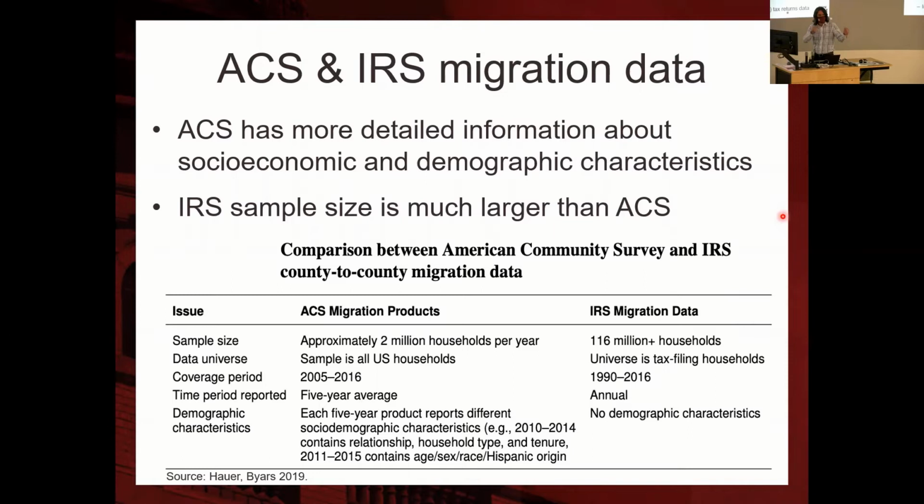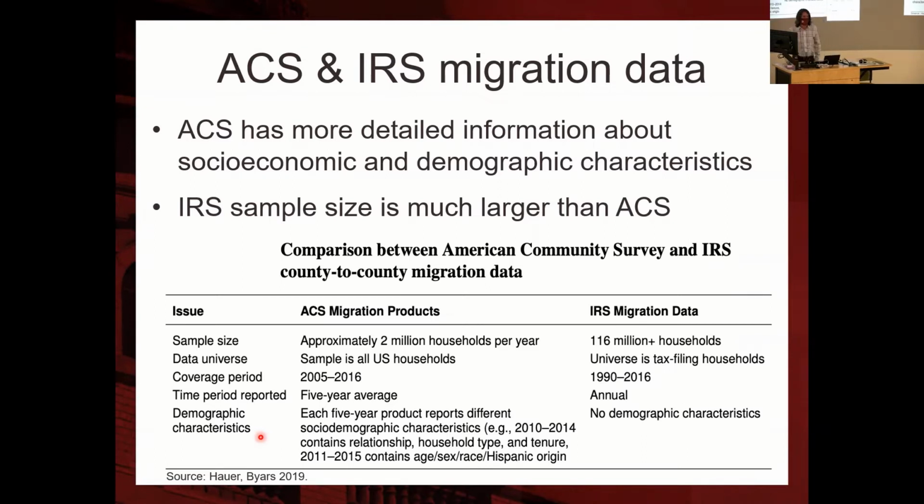So in this slide here, I just got this table from this article. Matt Hauer, he's an assistant professor at Florida State University in the Sociology department. And he got the IRS data that deals with migration. He organized that data and made it available to everybody who wants to analyze that data. But in this table here, he kind of summarizes the differences between